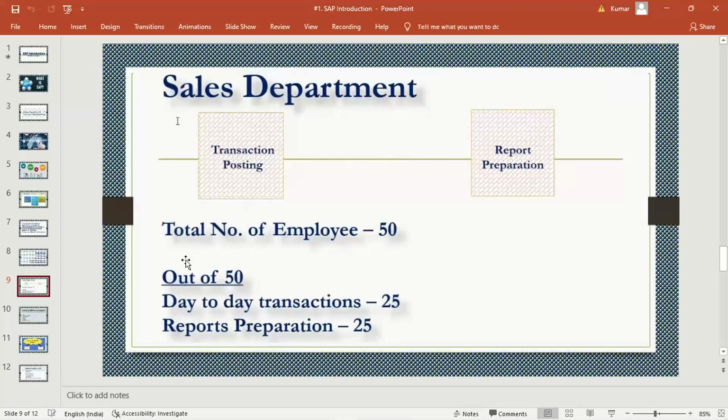This is the number of employees when the ERP is not there in Tata Motors, when they are using books of account. They are maintaining sales registers, purchase registers, petty cash registers, and various different kinds of registers to record different kinds of transactions. Now, say for example, Tata Motors, let's suppose, implemented this SAP.